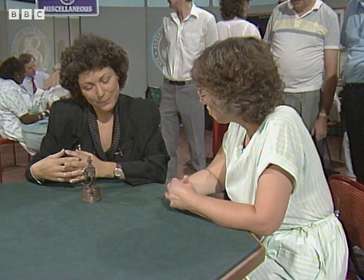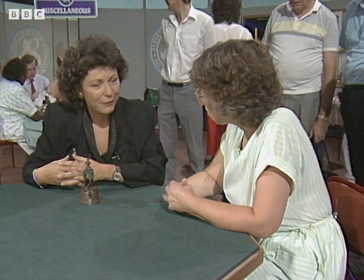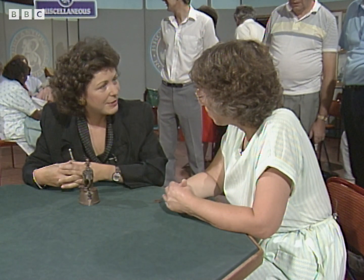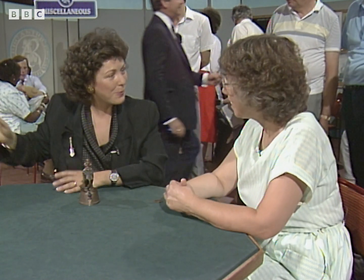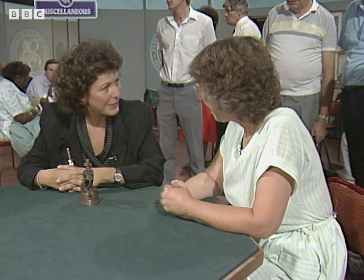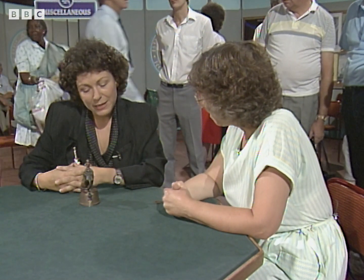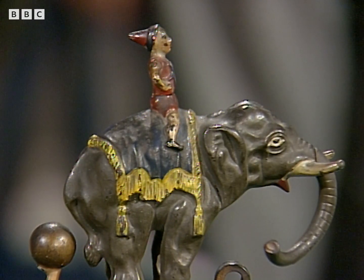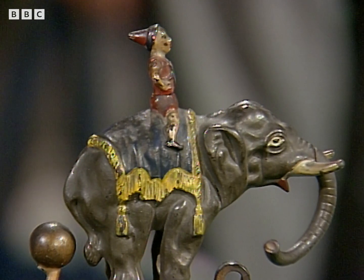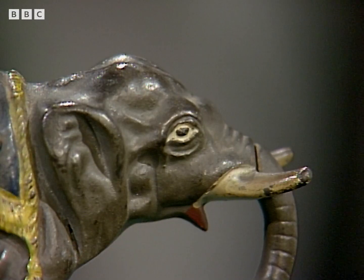In America, it's a very big thing for some of the private banks to have a display of these small money boxes on their walls, and a lot of bank presidents collect. And some of the banks really can fetch a great deal of money. This is a more unusual one than the type that we normally see. And because of that, I think that we would be talking about perhaps between £400 and £600 at auction. Oh,